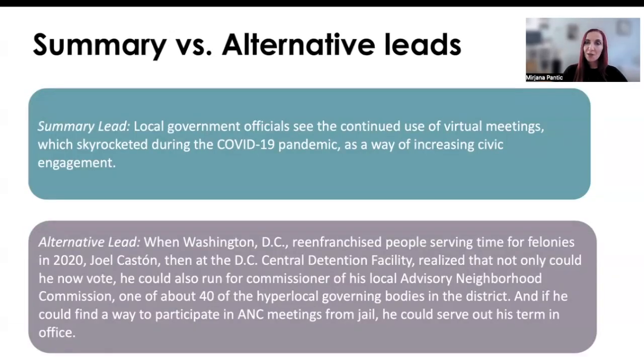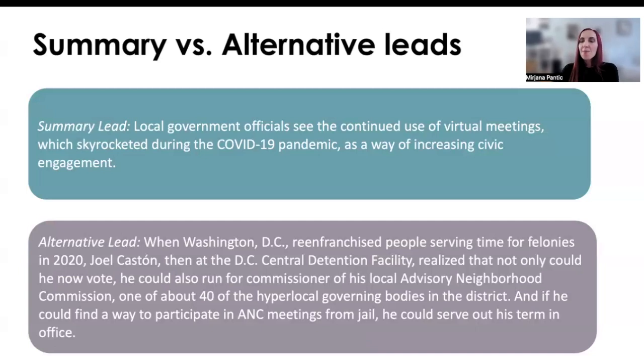So now let's take a look at another example. The summary lead in this case is pretty straightforward. Local government officials see the continued use of virtual meetings, which skyrocketed during the COVID-19 pandemic, as a way of increasing civic engagement. So this lead goes straight to the point, and as we mentioned, in the case of alternative leads,